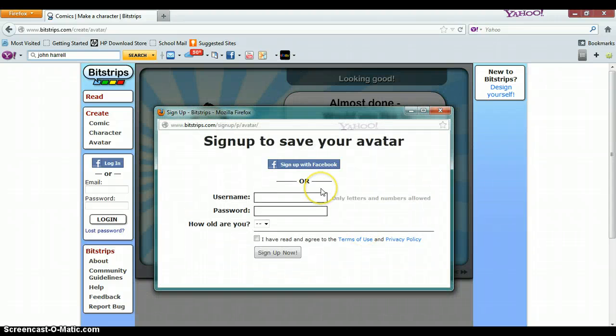Once you have done that, here's the key part. We definitely do not want to do this. You won't be able to do it at school. There's no point in it. You are going to sign up using your username and password that you have used for everything at school. So whatever that is, when you log on to your computer, I'm going to just type one in that is made up. You do not do this again. You use your school one, and password is